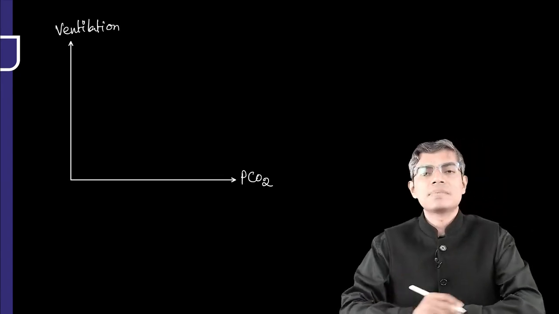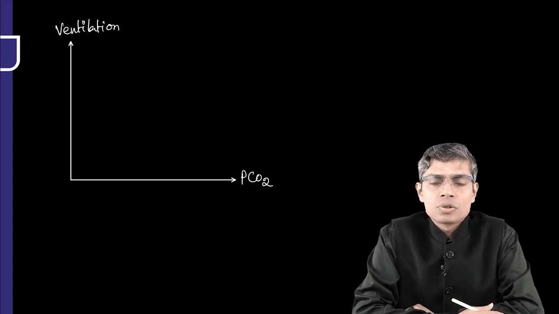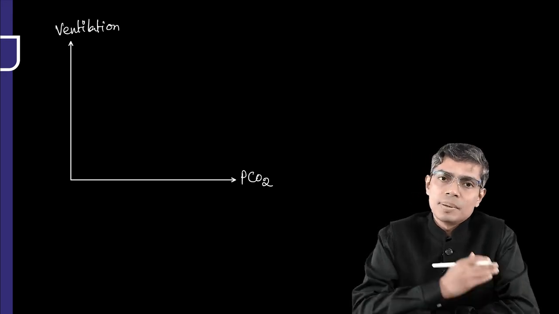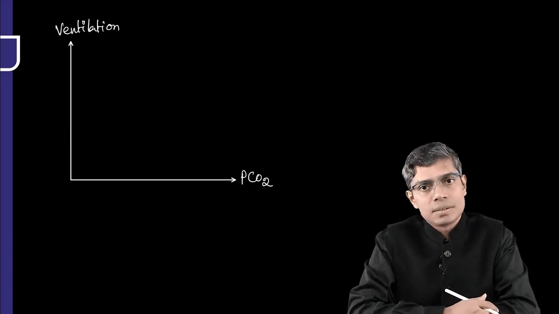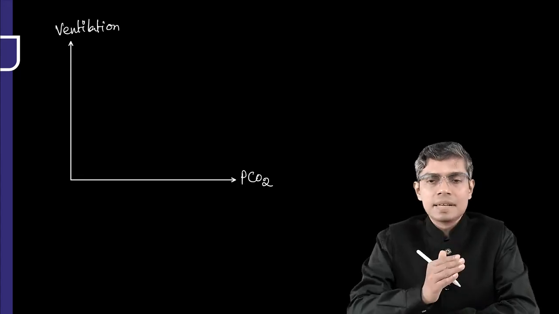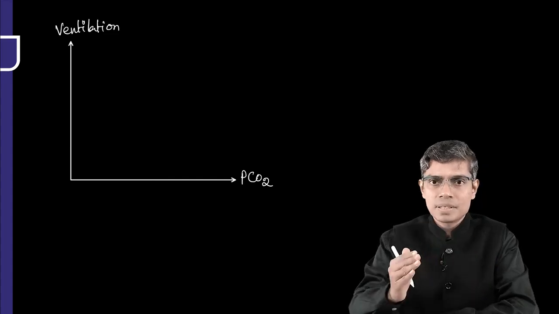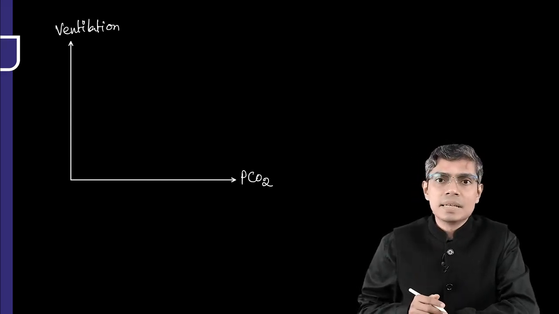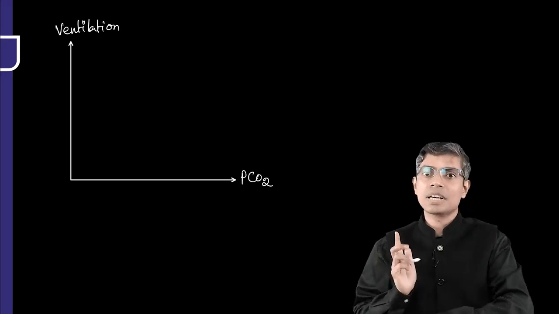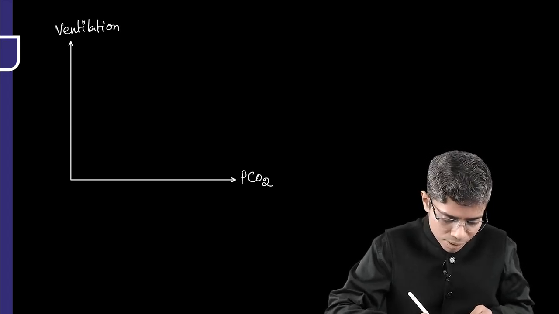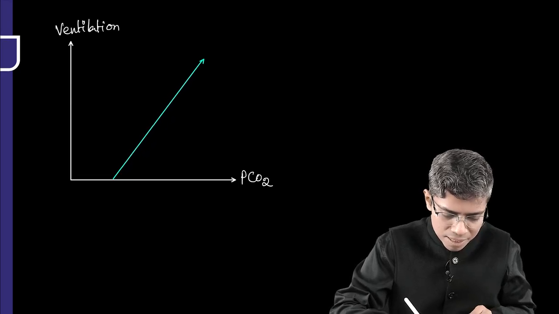Please note down that this can be given as an image-based MCQ. So what do you think? If your carbon dioxide is rising more and more in the arterial blood, what will happen to your ventilation? There will be more and more increase in ventilation. Note down, a question can be given like this: one person is given inhalation of 2% followed by 3%, 4%, 5% carbon dioxide. Which of the following curves will be seen in this patient? This kind of question can also be given. So remember, whenever you are giving more and more carbon dioxide, there will be more and more increase in ventilation